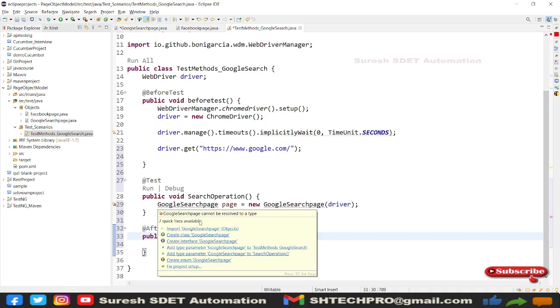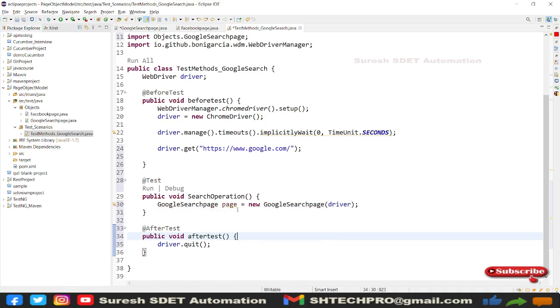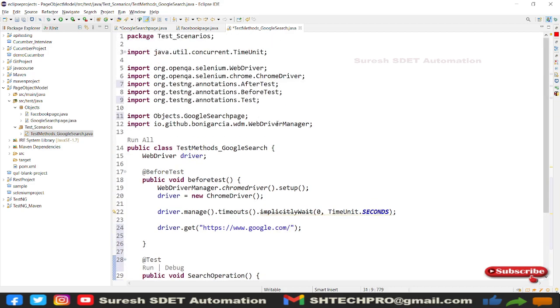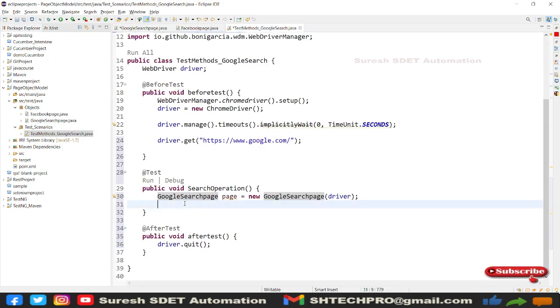So we need to import those classes. So as soon as I import, all the errors are gone, and you can see the imported class here. Objects is a package and Google search page is my class, right?